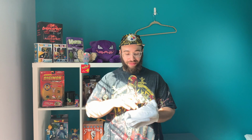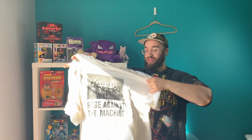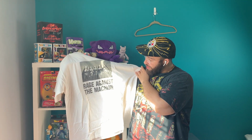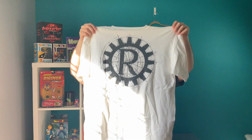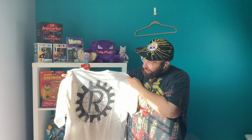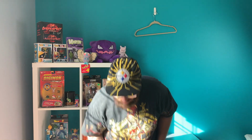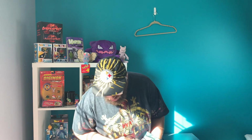Oh, nice. Okay. I'm liking that. Got a giant tag here. We got Rage Against the Machine. This is a really, really sick shirt, and I'm probably gonna keep this for me. But I actually just got word that these are going up in value right now, and I think I could get $150 to $200 on this, maybe more. This is crazy. We'll see what it's at, but I want to keep that probably. Yeah, we'll get into some crazy pieces that I can see. There's a few left,